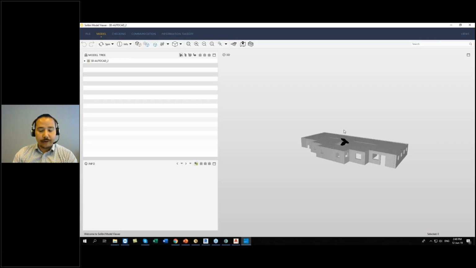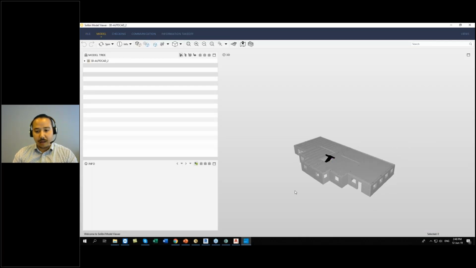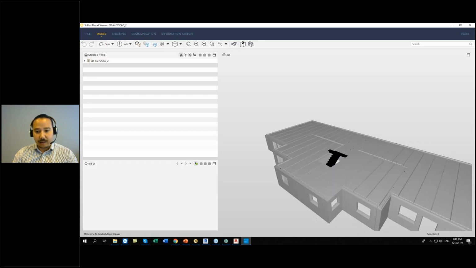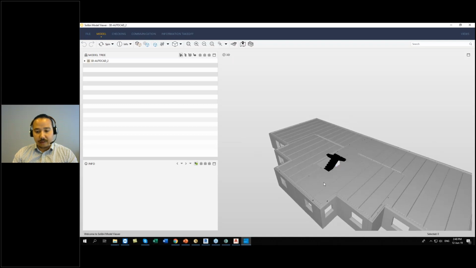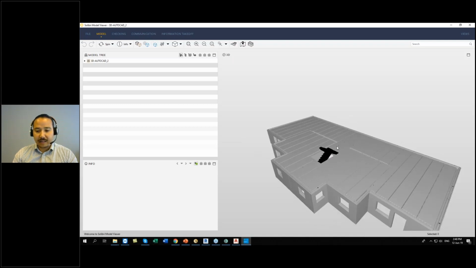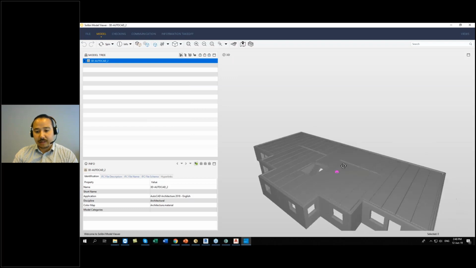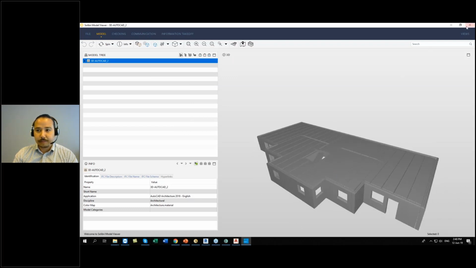So if we go in here, we can see I have my first floor, and some of you may notice that the stairs here are black. If the stairs, or any of the elements, are black, it can have something to do with the material. If the material is not mapped correctly, or not given correctly in the standard admin, then it can be black. What you can do is go up here, say set color map, and use one of the other color maps. If you say, for example, architecture, then we can see here all get a little bit dark gray. So